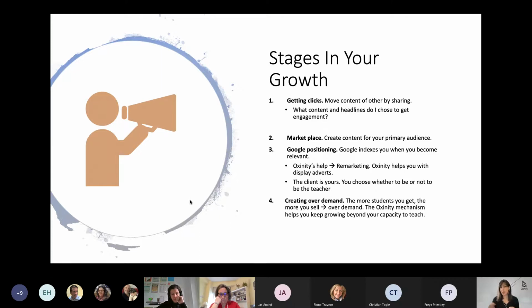Now, the third stage is to use Google, because Google can operate very well for you. Now that we have a relevant message, something that people engage with, Google will know it and will rank it higher.